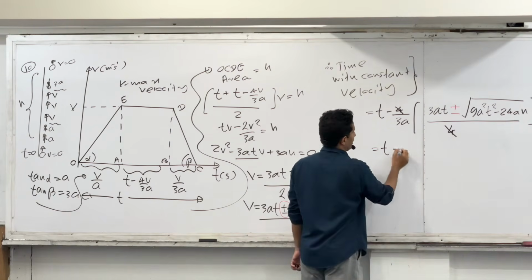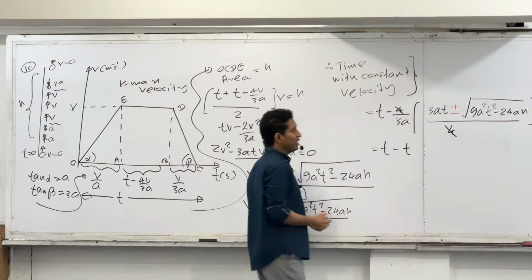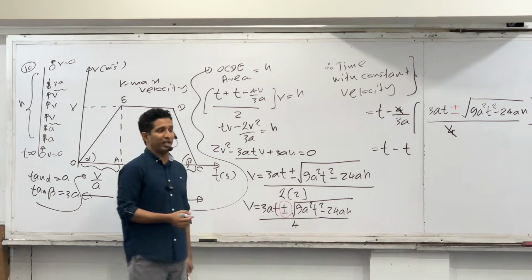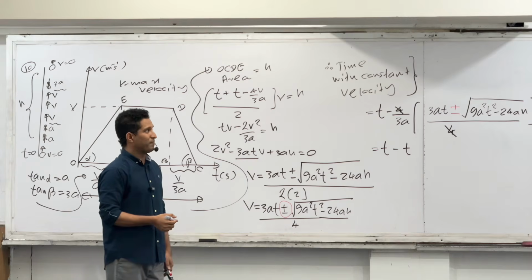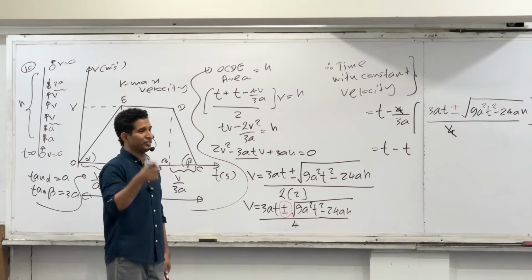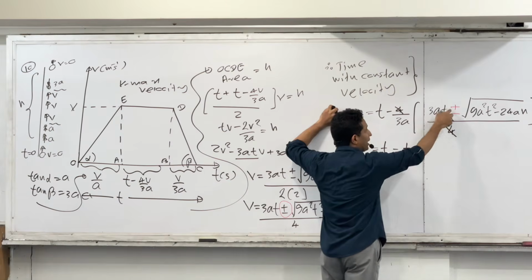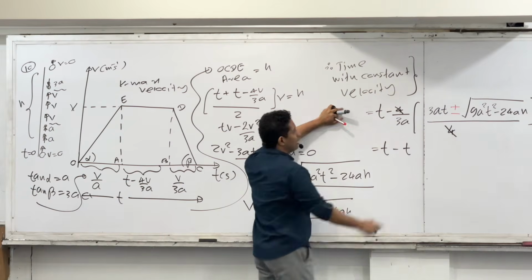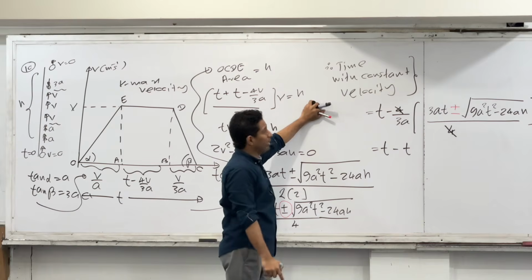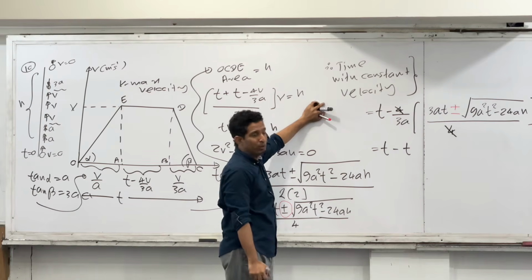Right, now minus t. Now only you can decide which case you should take, the plus case or the minus case. You should take the minus case, because if you take the plus case, minus plus becomes minus and the final answer will be negative. You know that time with constant velocity should be positive. Therefore